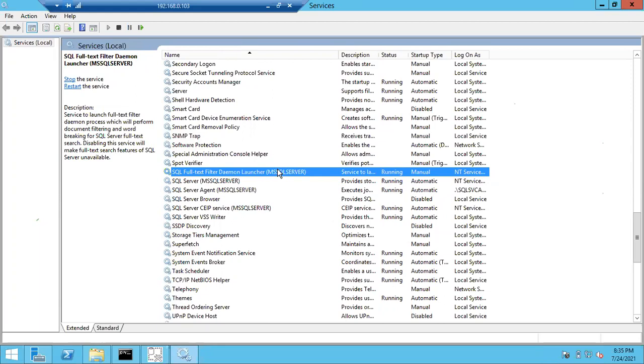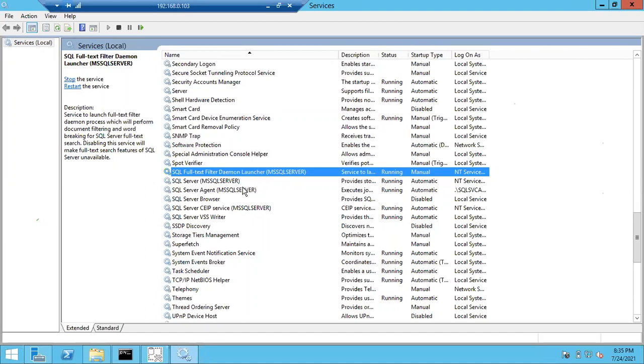Can anyone tell me at least 2 points about the naming nature of SQL Server? How do you put names for a SQL Server named instance or default instance? For a default instance, we cannot put a name. For a named instance, what are the rules? In case you want to set an instance name, what are the rules? At least 2 rules. It has a maximum of 16 characters, and it should start with a letter. Yes, that's fine.